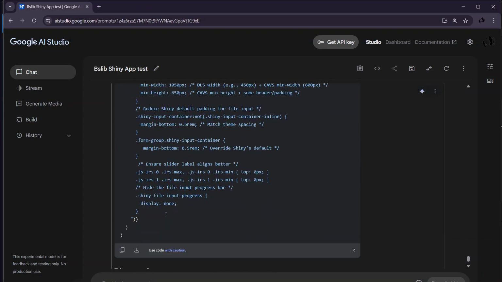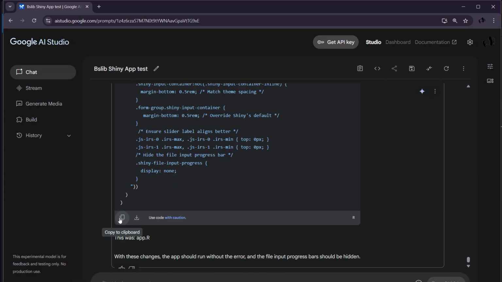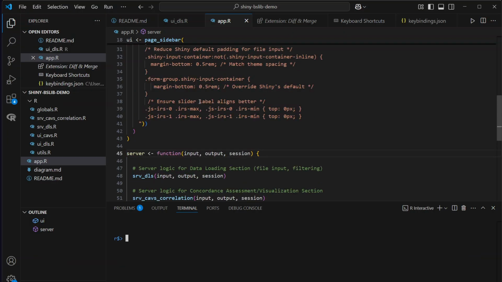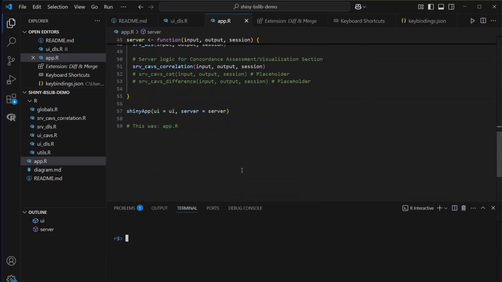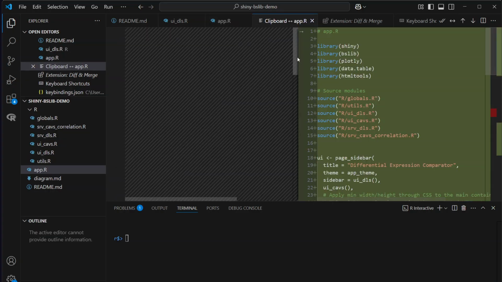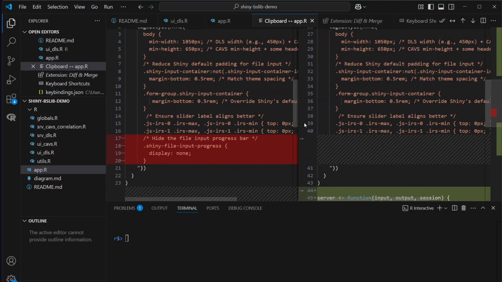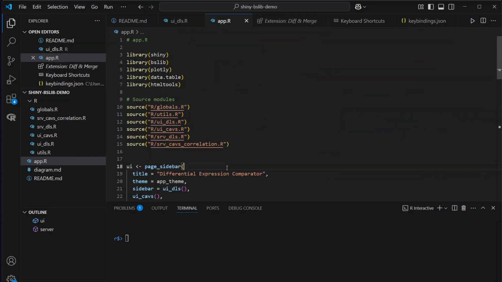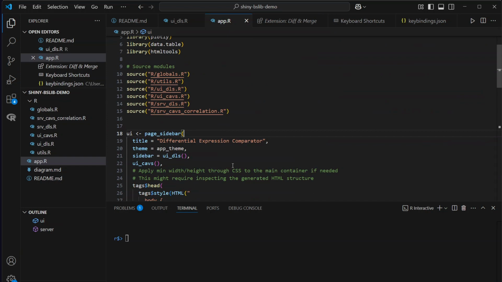So let's do this by applying the second change it proposed here to hide that progress bar, which is this little code block here. And again, I use the same approach by using the diff and merge extension, by copying this into the clipboard, going into the VS Code application. This is actually exactly for this section here, but let's see, even without knowing that, just running my diff and merge shortcut here, you should find the proper place to add this function, this patch. So I'm just applying the patch, save, and now run the patched version, and we should see